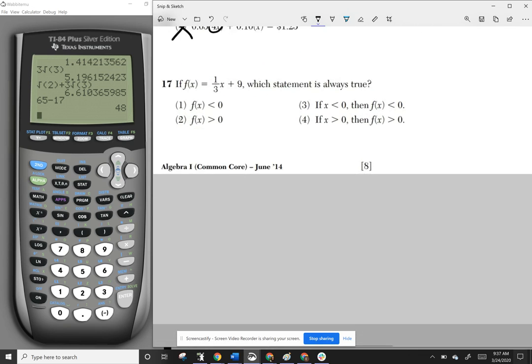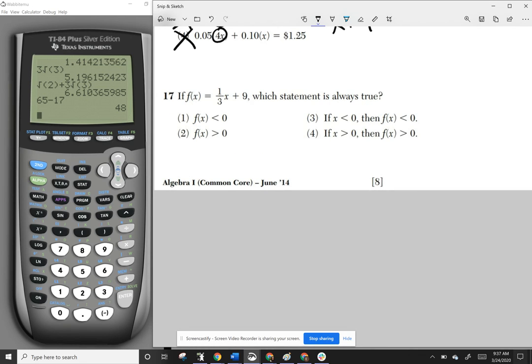Okay, question 17. If f of x equals 1/3 x plus 9, which statement is always true? So we're just going to have to substitute some values in and actually check these or think about it. So let's see. F of x is less than 0. Is that true? Is the function always going to be less than 0? To figure this out,